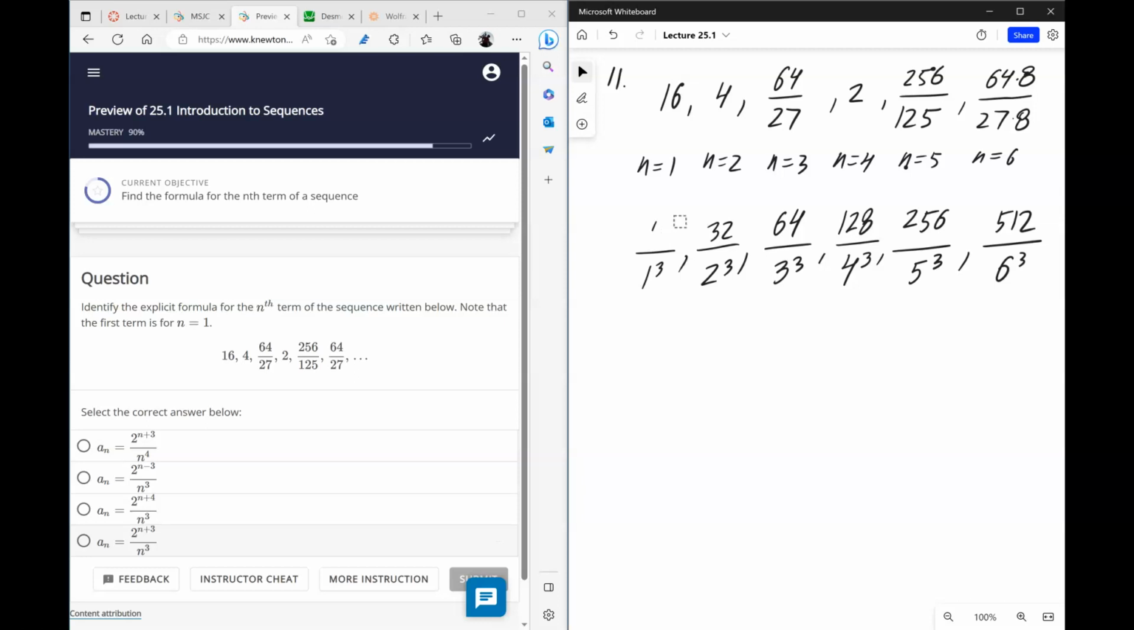So 16 is 2 to the power 4. 32 is 2 to the power 5. 64 is 2 to the power 6. And so on. So the pattern is we have n cube, and we have 2 to the power, looks like it's n plus 3. So the answer is